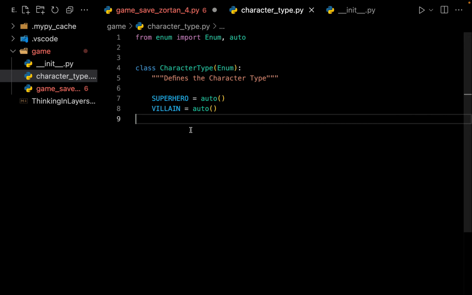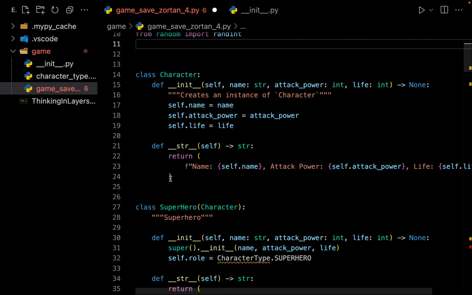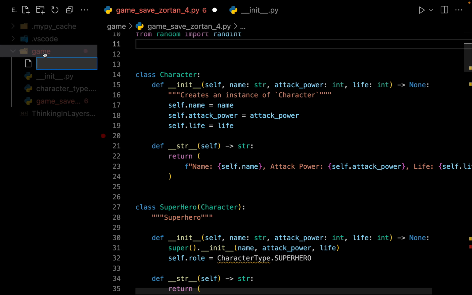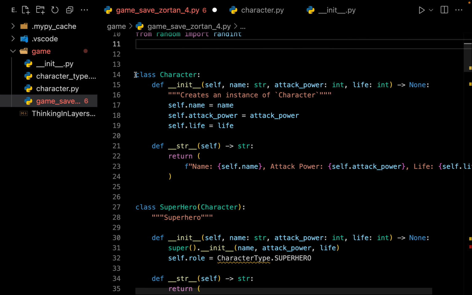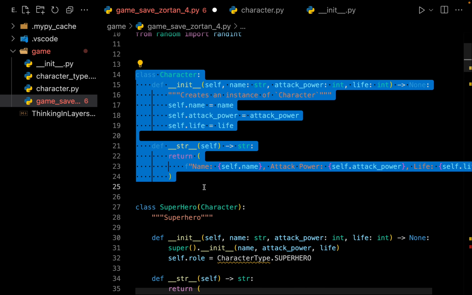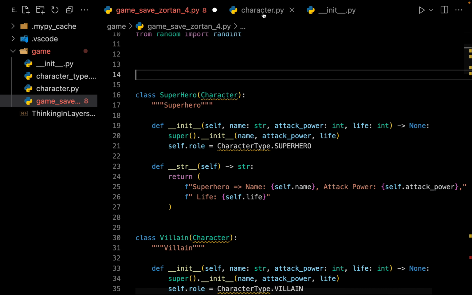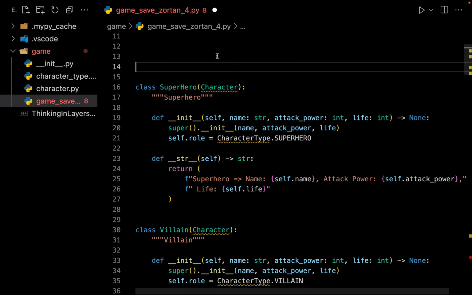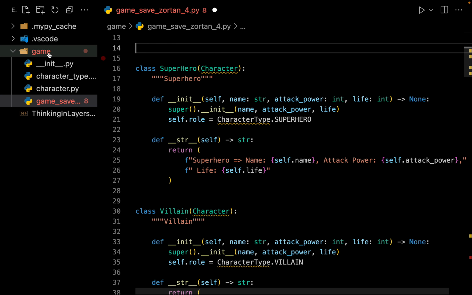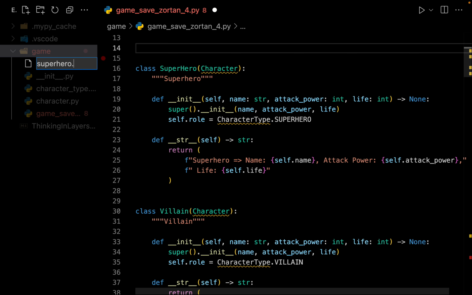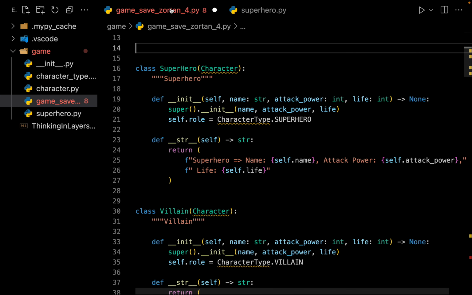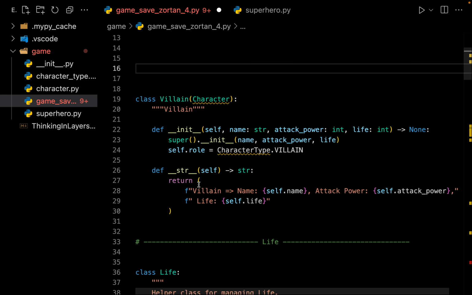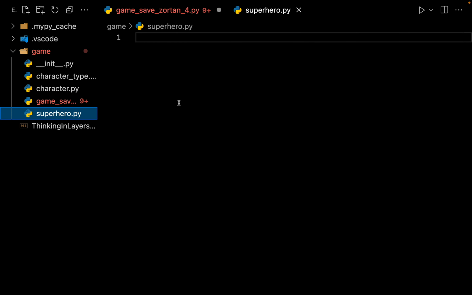Let us see what's next. The next one is our character. So let's create one more module inside our package of game and let us call it character.py. Again I simply have to cut all of this. So let me take everything from here, let me cut it out and go and paste right over here. Let us go back. The next is for the superhero. So again let us create a new file, superhero.py, and let me take everything from here, let us cut it out, go to our superhero file, let me paste this,